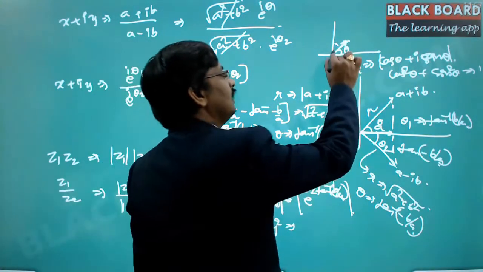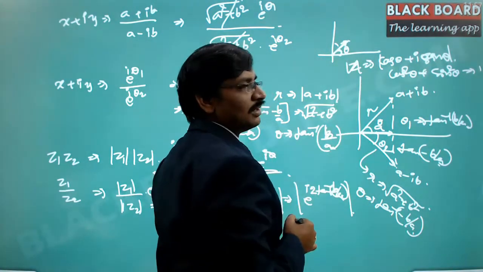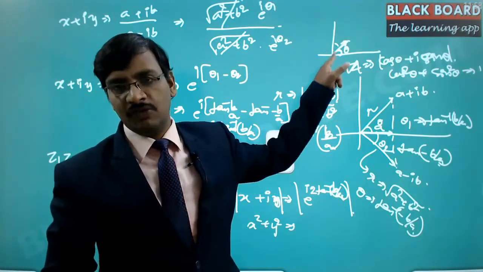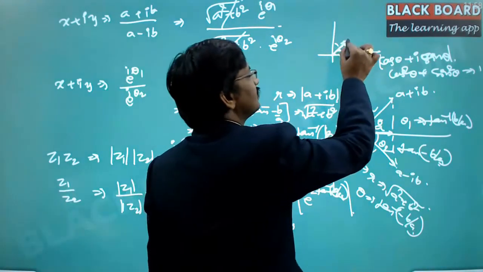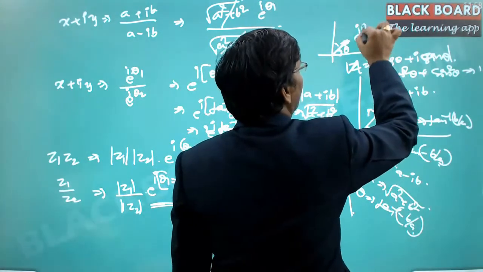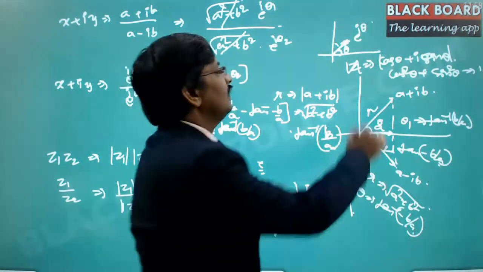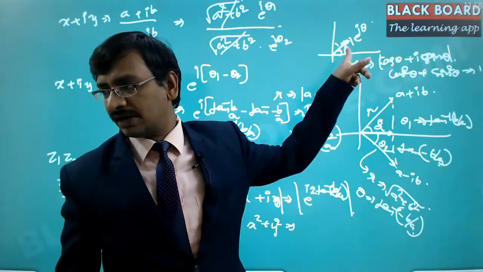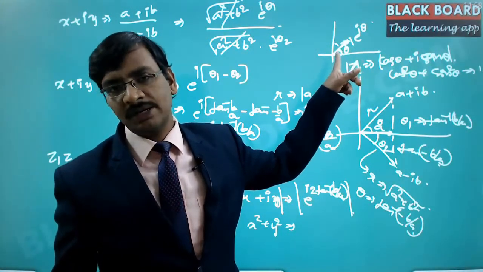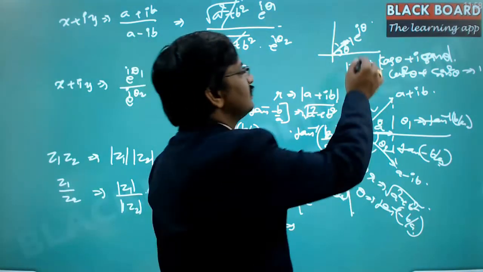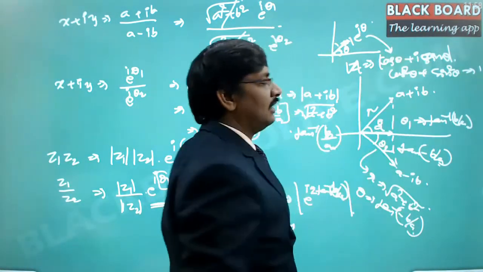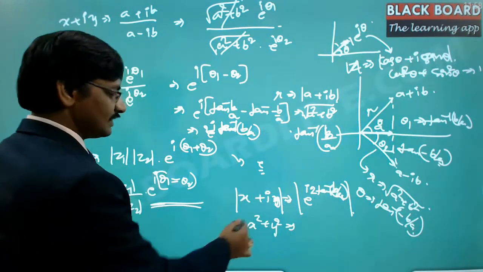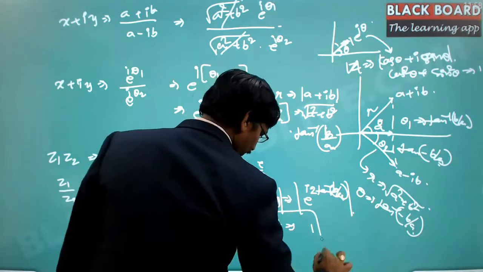So here, e power i theta is nothing but, with an angle of theta, a length of 1, and that value is simply e power i theta. Which essentially means this is 1 into e power i theta, where 1 is the length of this particular vector or complex number. So this is simply cos theta plus i sin theta, and if you take the modulus of it, it is always equal to 1. So here x square plus y square is simply 1.